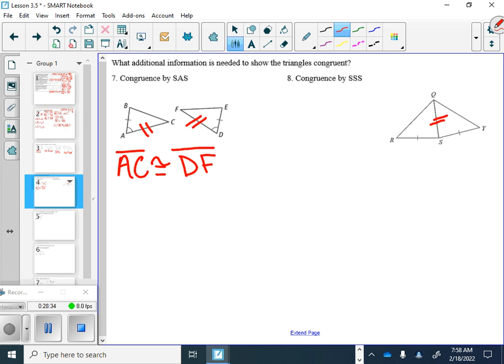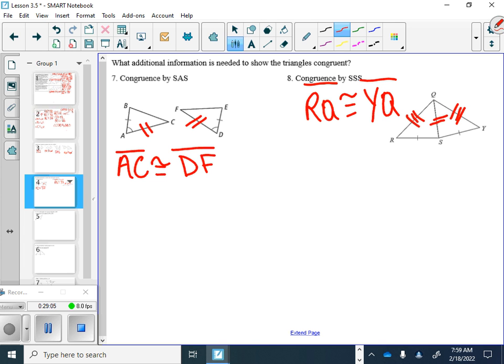So Nate, tell me again, what's the piece that I need? RQ and YQ, very good. And you named it perfectly. I need RQ and YQ to be congruent to each other in order for this to be side, side, side. I'm supposed to know based off that picture that since QS is the same for both triangles, QS is congruent to itself. So the piece that I really need are those two sides, RQ and YQ, to be